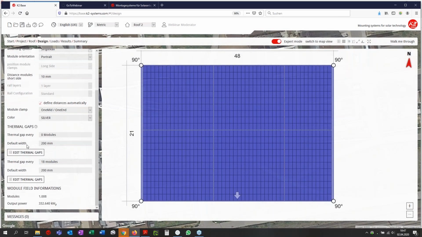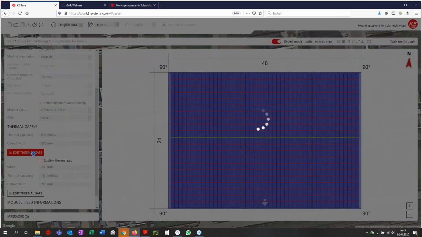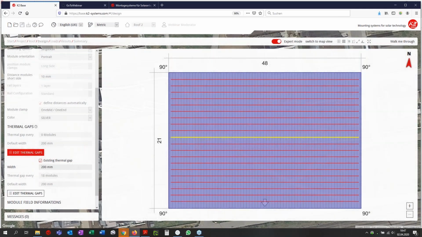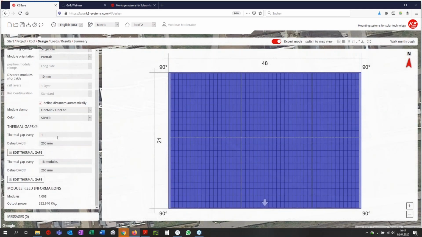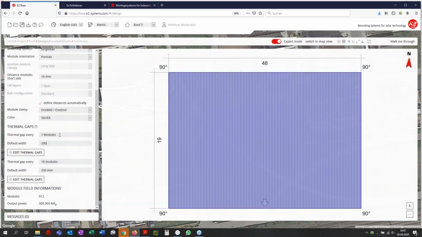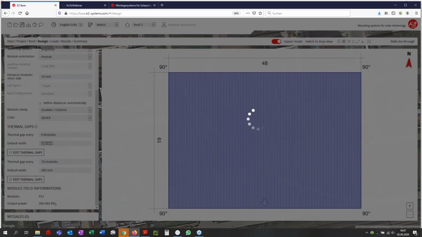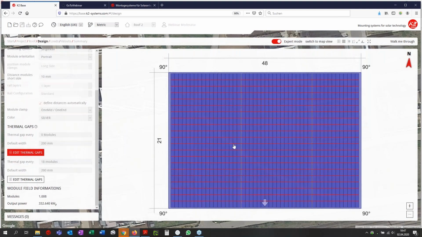No, this should not happen actually. We have a thermal gap here, which should not be there. We delete it. It's always nice when things like this happen in a webinar. It won't disappear again. Don't ask me why. I hope my colleague watches, who's responsible for that. So yeah, sometimes things like that